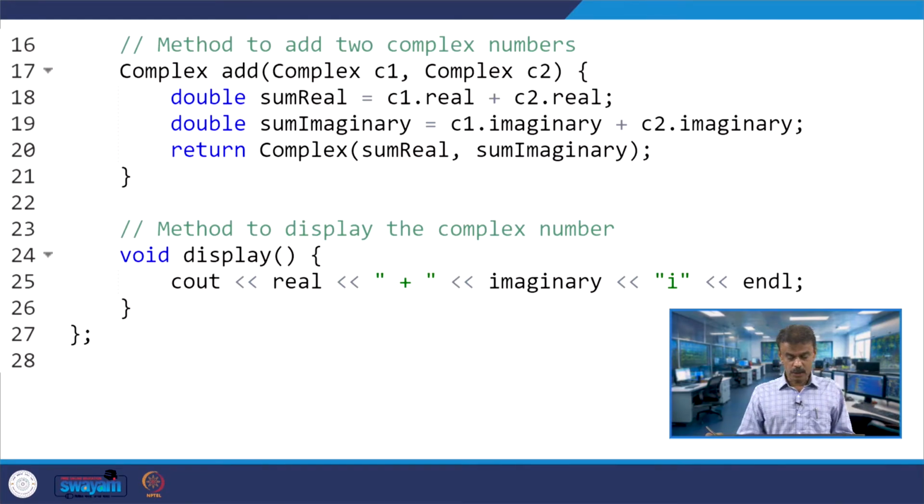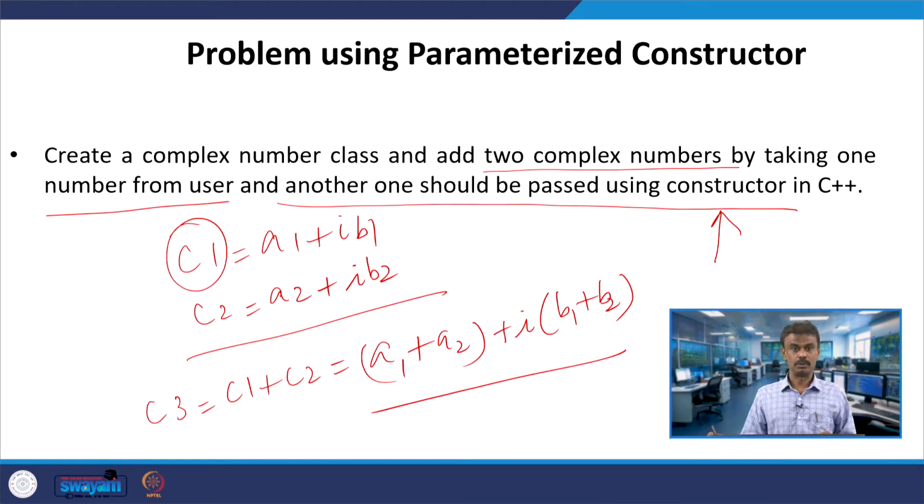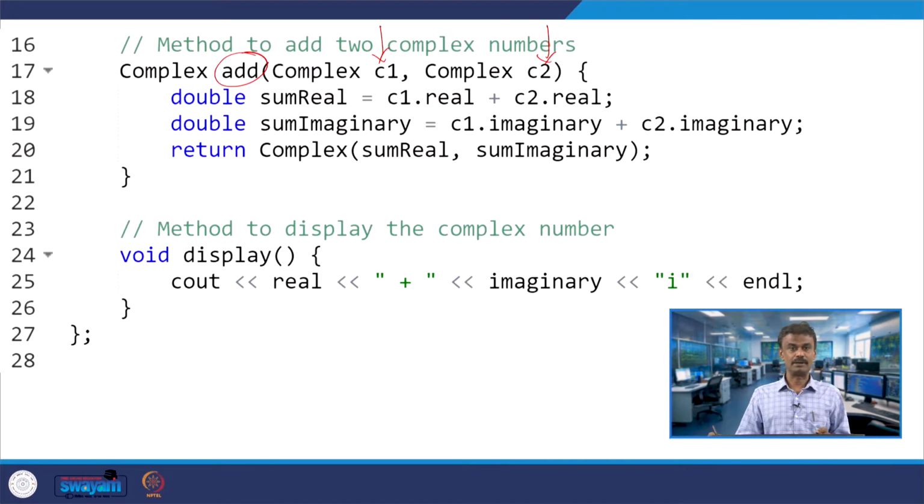Now, you have line number 17, a member function called add. We have two arguments, C1 and C2, two complex numbers. We have already calculated how to add: C1 dot real plus C2 dot real, that is A1 plus A2. The real parts will be added and then the imaginary parts should be added.